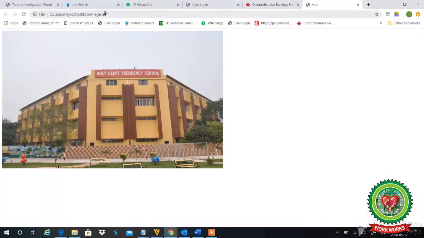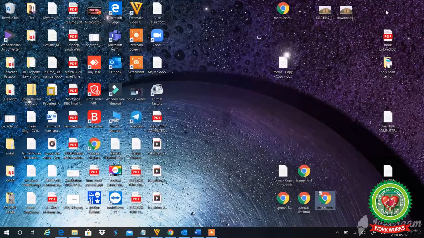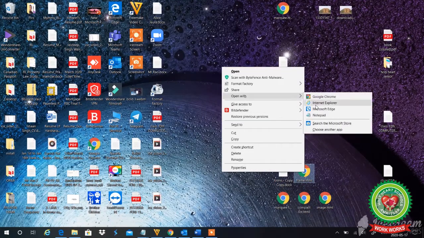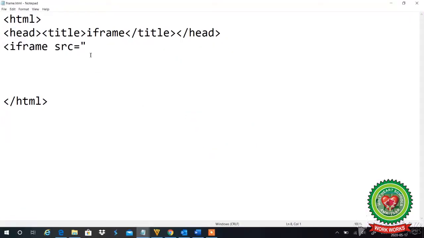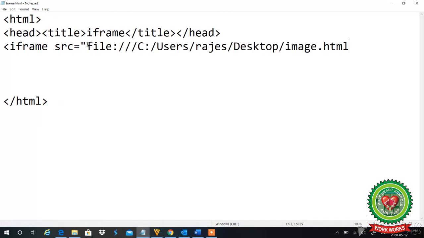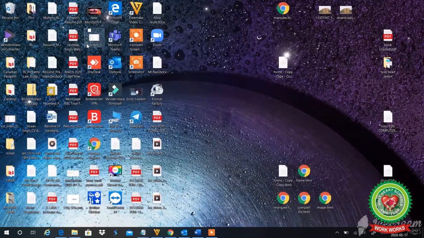I'll copy its path by selecting and copying it. I'll come to my notepad and after src we will paste this path. Control V, double quotes, angular bracket closed. I'll save my work. I'll close it.